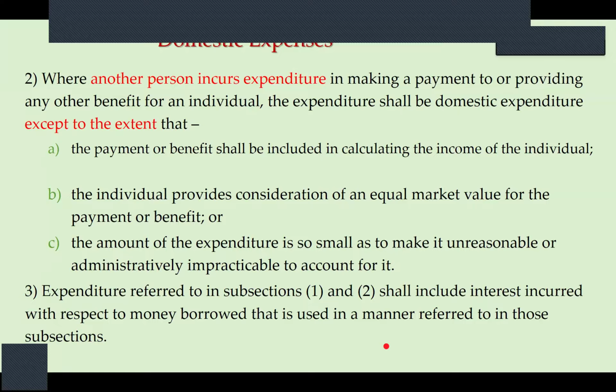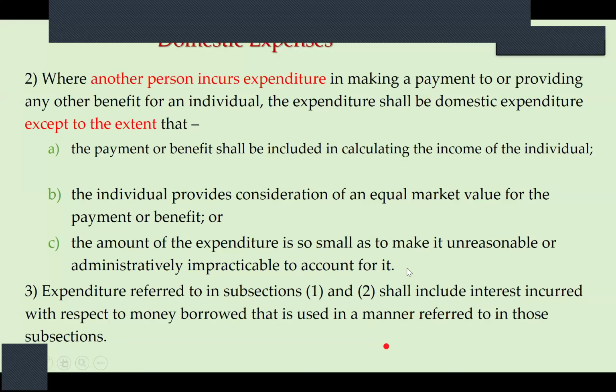So it has two phases. Under this payment person, it is an expenditure. In the hands of the individual, it is an income. The next one says, if this individual pays market value to this person, then only this person can deduct it as a deduction. Under item C, the amount of the expenditure is so small as to make it unreasonable or administratively